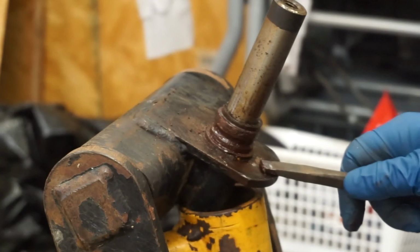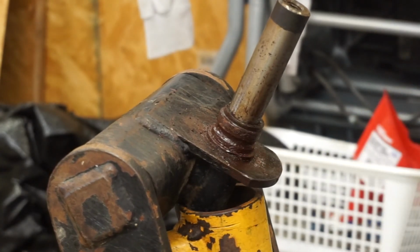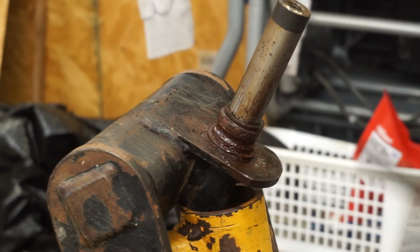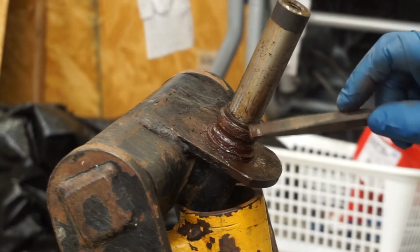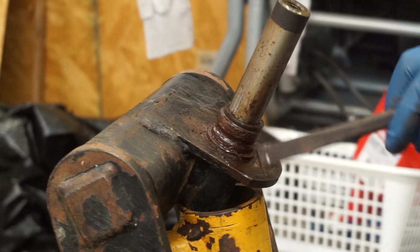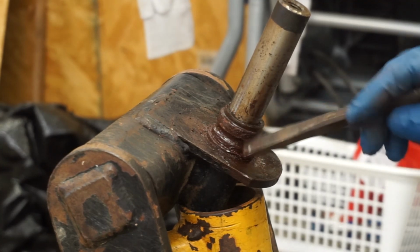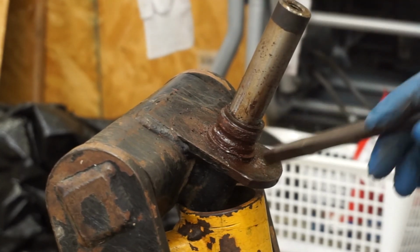I know this is probably about as interesting as mud. We've beat on this so much, we're going to have to probably dress this up when we get through. Now what I'm going to do here, since this inner race has welded itself via rust to the spindle, is since I can't seem to beat this off, then what I'm going to attempt to do,